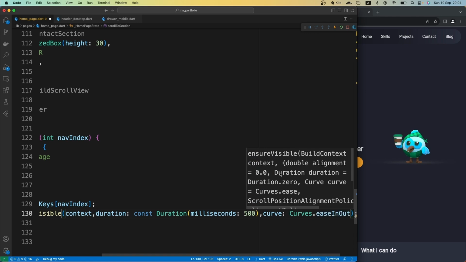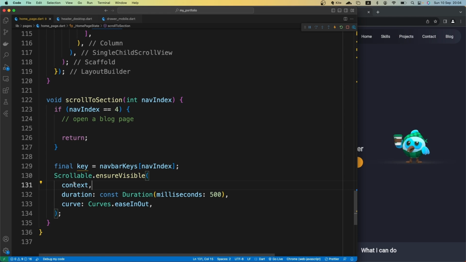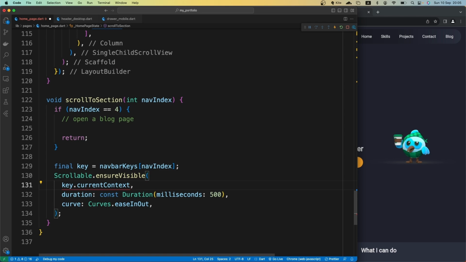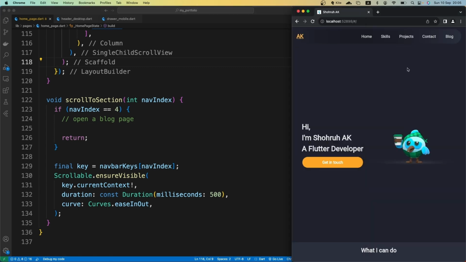I think this should do it. Let's save it. Now instead of this context, I want to grab this key and get the current context, not state, but current context of this key. All right, and that should not be null. So now if I save it,